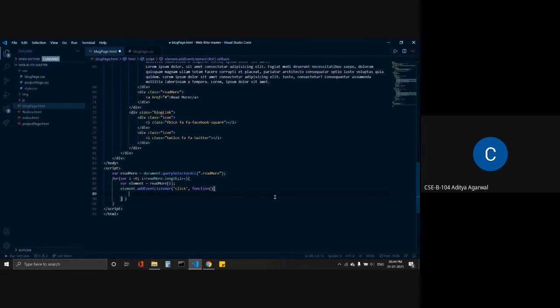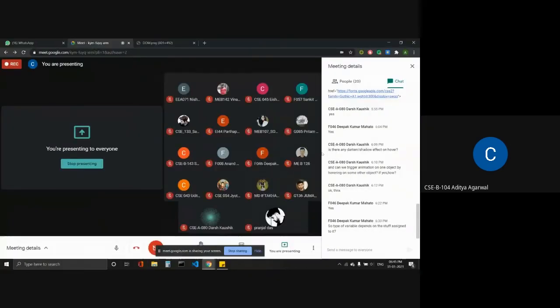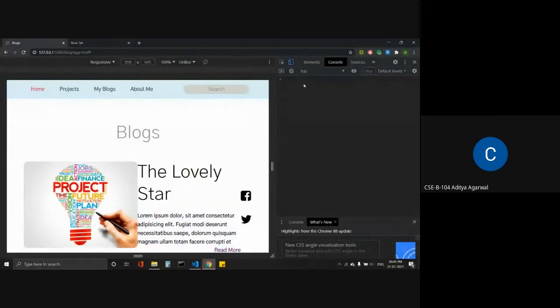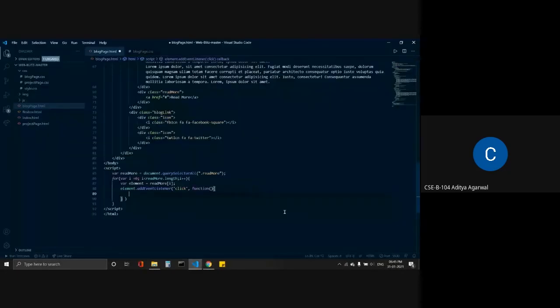Whenever we click the read more, I want something to appear on the console. This can be done as we have already added an event listener that will listen for the click event. We want our function to console log something.